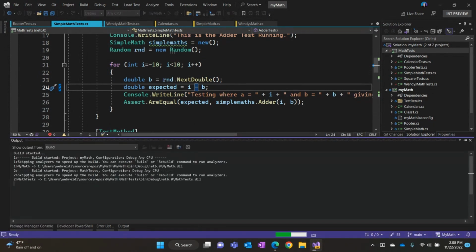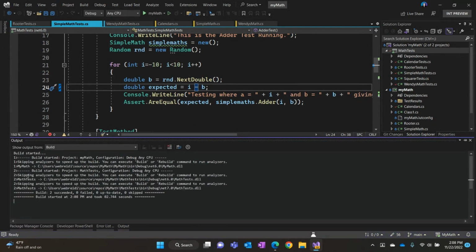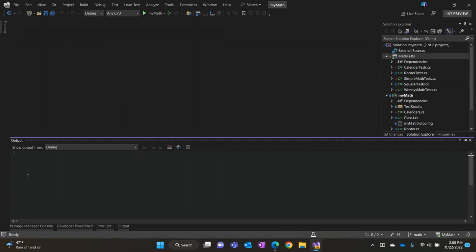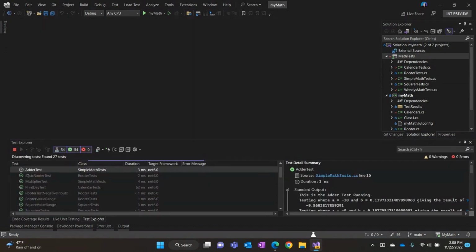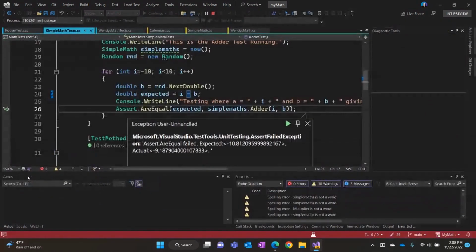It's going to do another build and run that test. Where the error happens, it's going to open the debugger and show me all of the information from the debugger mixed in with my test information, which is hugely helpful when you're trying to figure out what's going on. And here it's opening up the debugger.